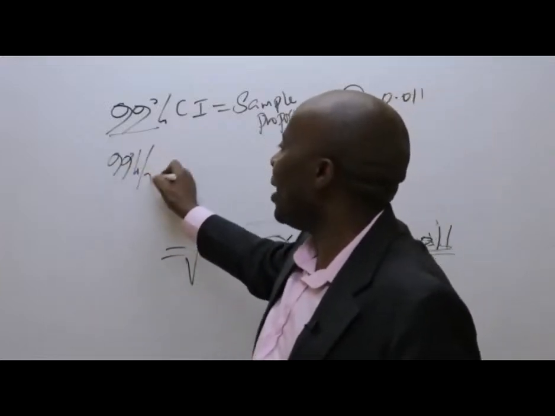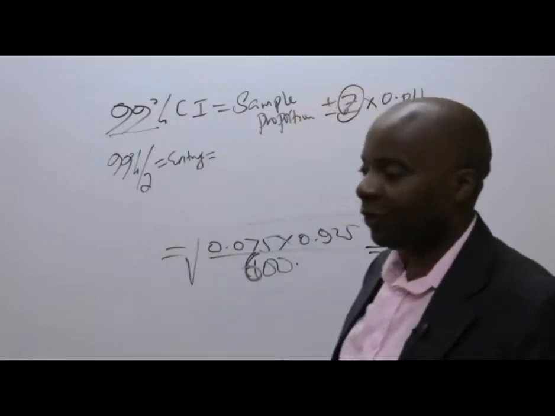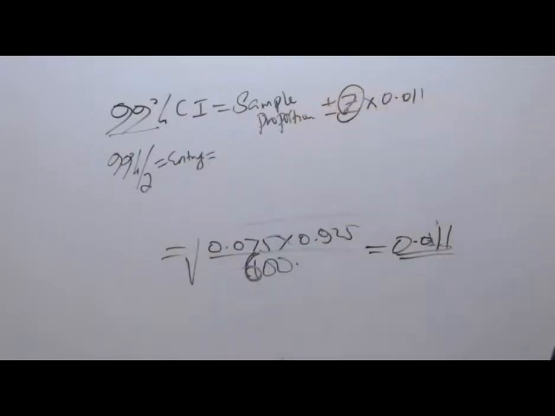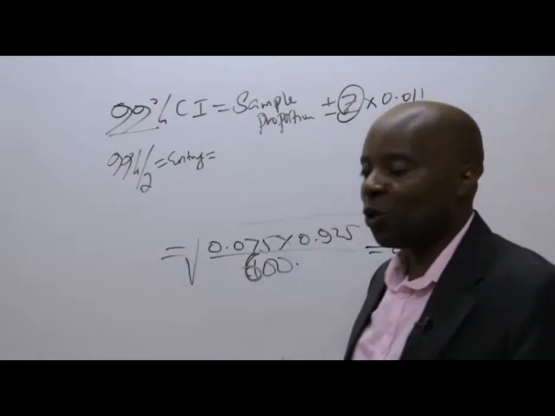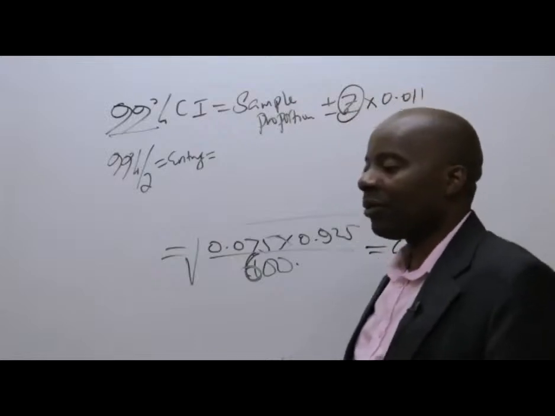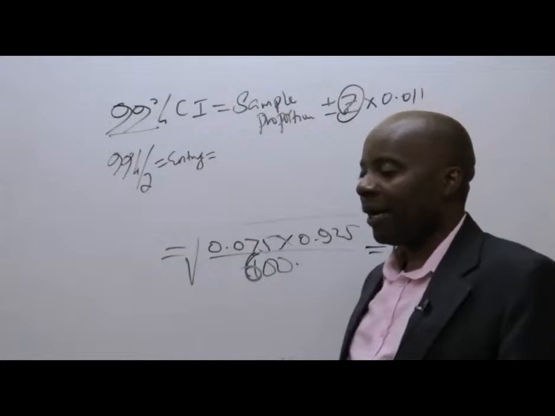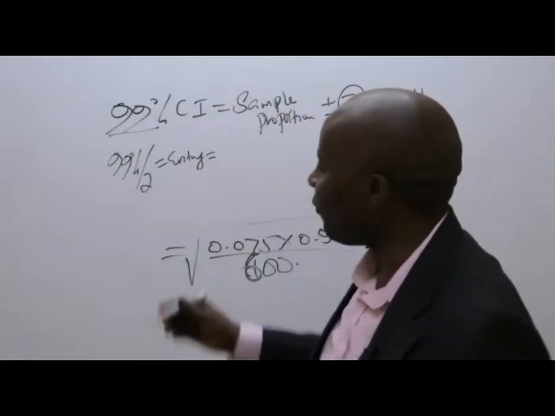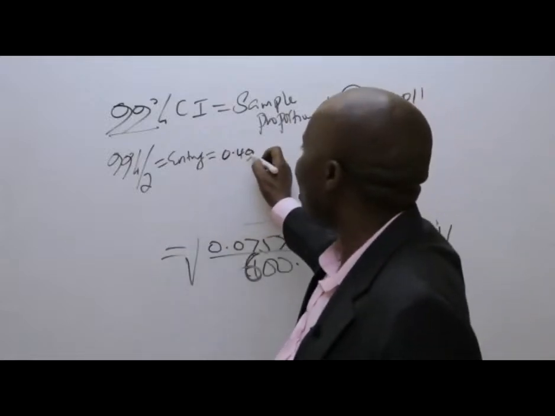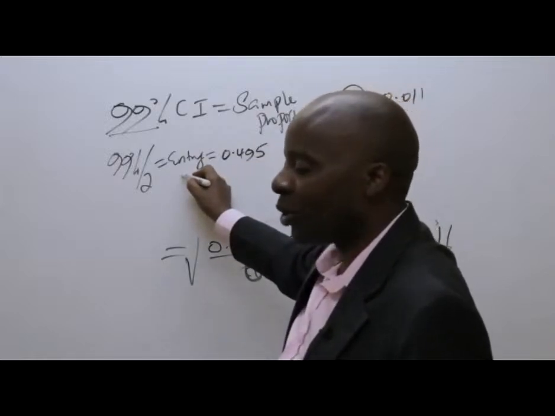You divide by 2, have your entry figure. Somebody give me that figure: 99%, 0.99 divided by 2. What do we have? 0.99 divided by 2, we have 0.495. Thank you very much. Once I have this 0.495, I would want you to go to your tables and read